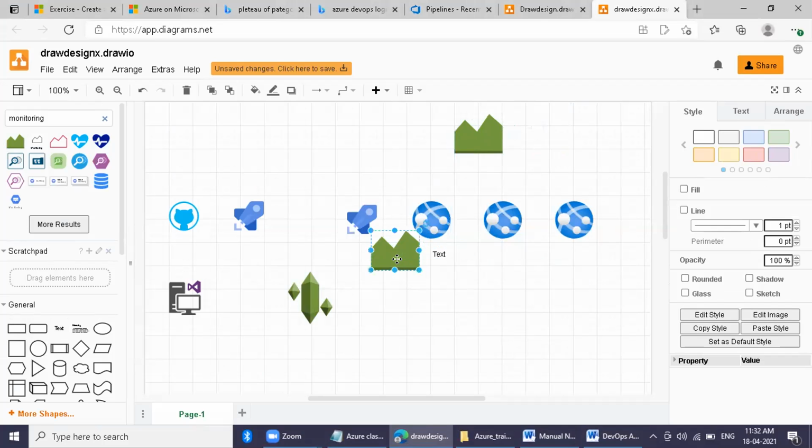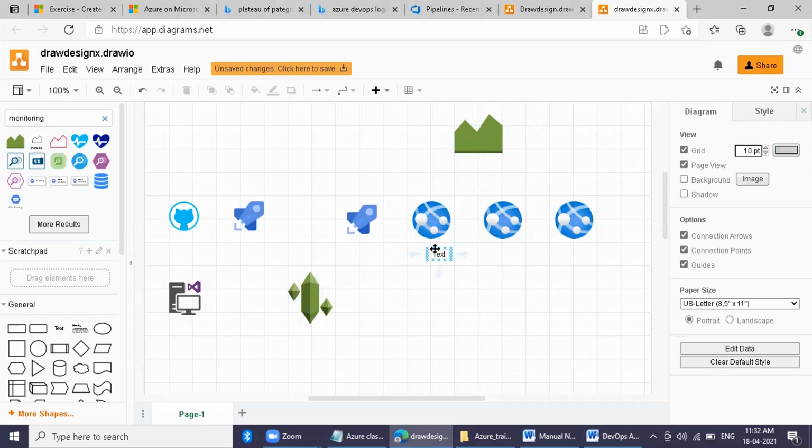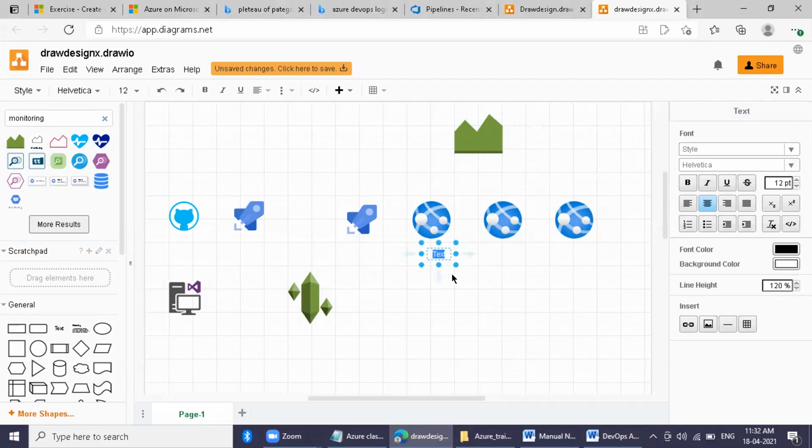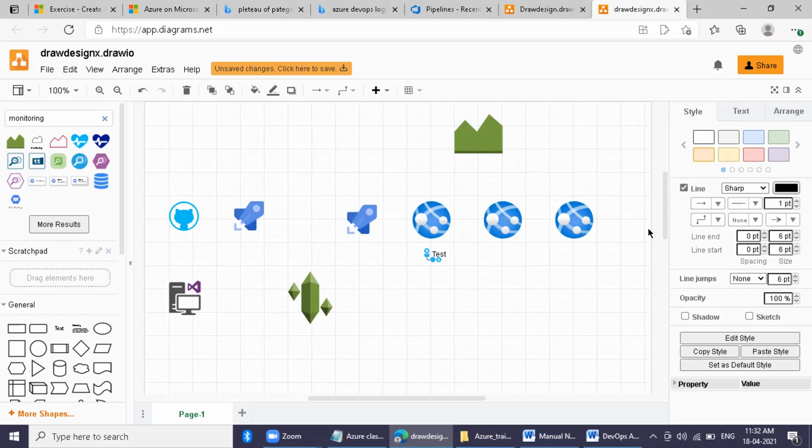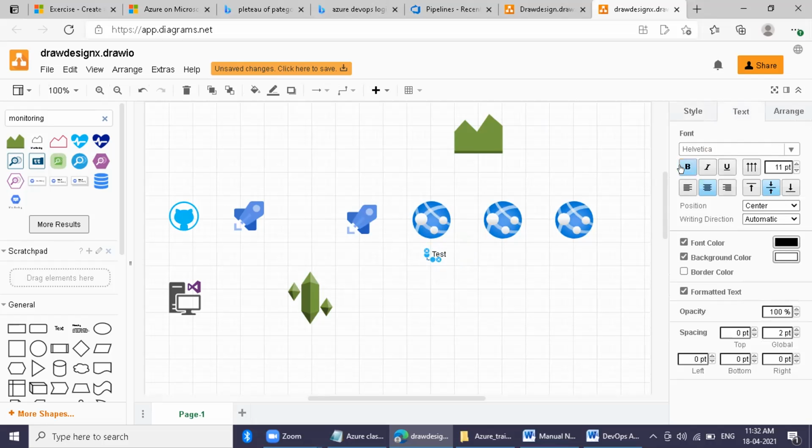What is this extra one? Yeah, delete that. And now you have to put text everywhere. Okay. And then you can make the text bold also. So when you select the text, on the right hand side you see there is a text box. You see a text on top. You can make bold, color. I'm just coming. You just try to do that.